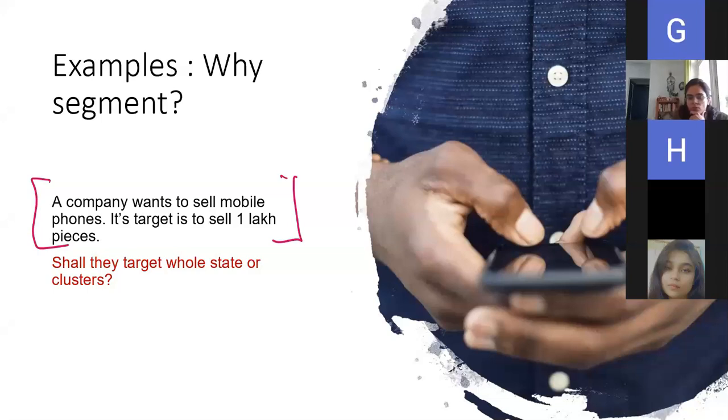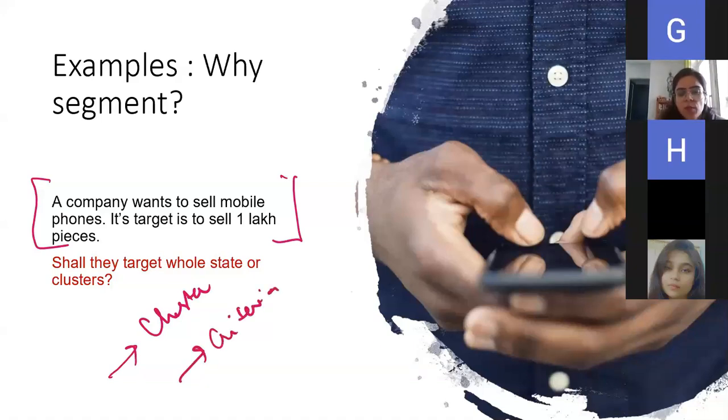They can divide the market into small clusters, mainly people who have used their mobiles for over 3 to 4 years, because they'll prefer to buy another one, or maybe the people who are looking for a new phone. Based on some filter or some criteria, like people who are already using mobile phones for the past 3 to 4 years, they are the ones who will buy this product. Basically, trying to figure out who are my prospective customers, who are going to buy my product.